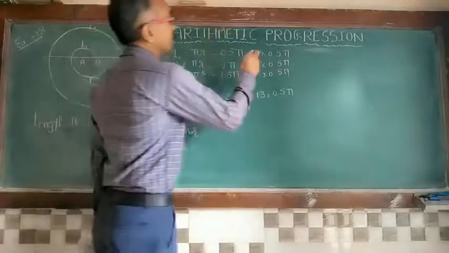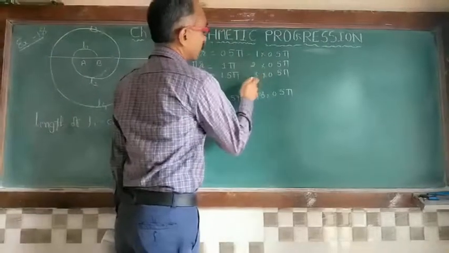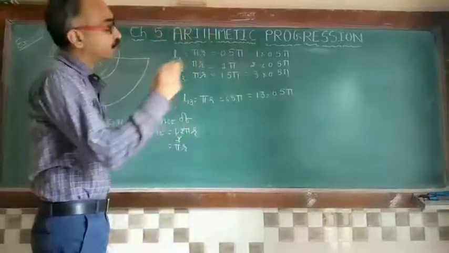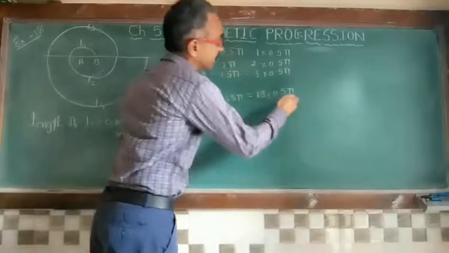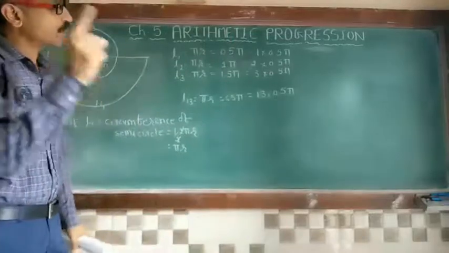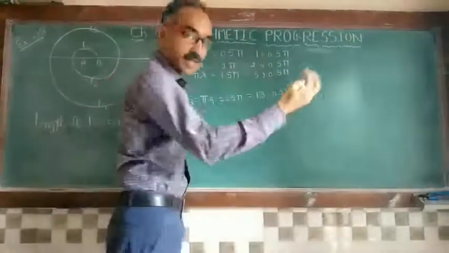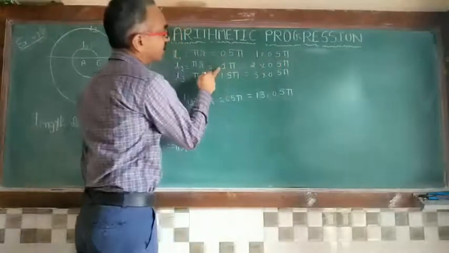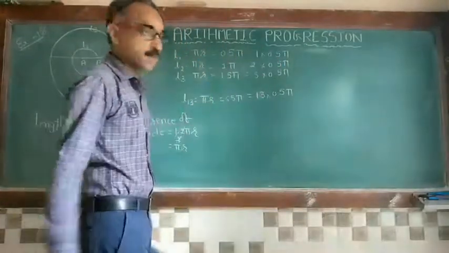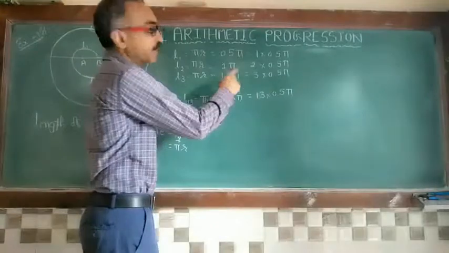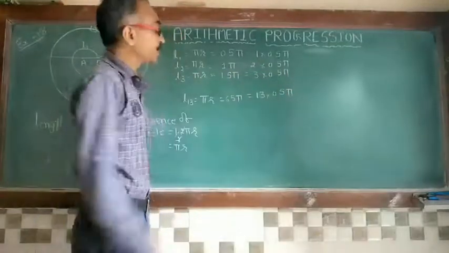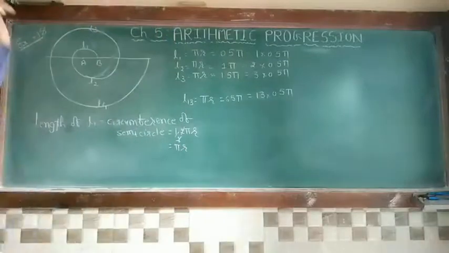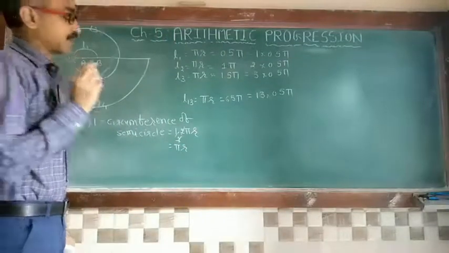Now see, 1 into 0.5, 2 into 0.5, 3 into 0.5, then 4 into 0.5, 5 into 0.5, and so on. It is 13 into 0.5. That means we have to take 0.5 common. So we are taking 1 into 0.5 pi, 2 into 0.5 pi, converting 1.5 pi into 3 into 0.5 pi, and so on up to 13 into 0.5 pi. Now the total length of your spiral